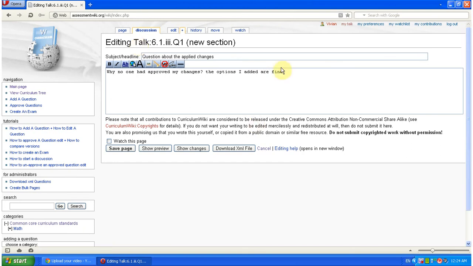And that's it. So I've added it. Now if I want people to know who added this comment, I can always add my signature by pressing this button over here in the edit toolbar. This would add my signature. It looks like two dashes and this weird character. So if I just show preview,